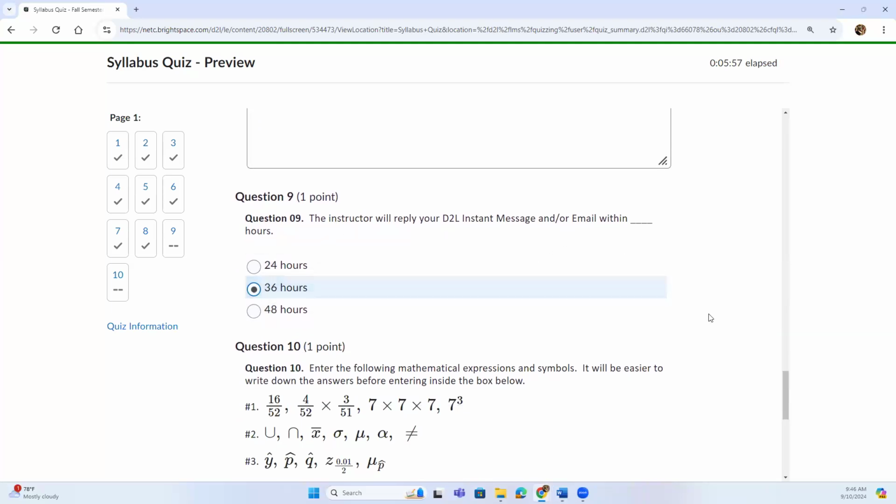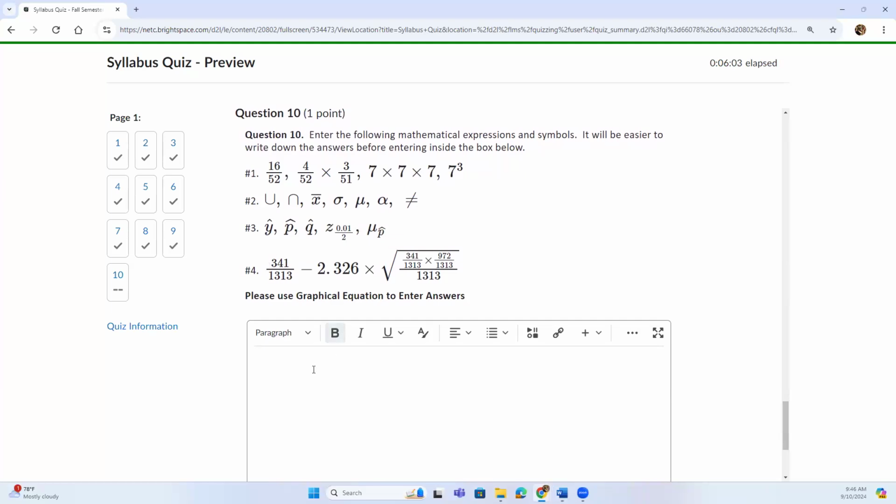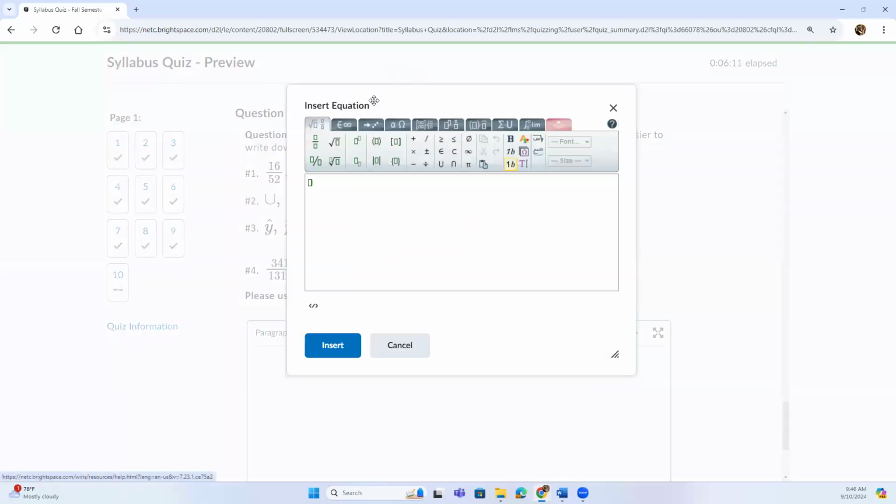All right, so let me show you how to use the graphical equation. I have quite a bit of mathematical symbols I want to show you how to enter. So let's go to the graphical equation. All right, so for number 1,